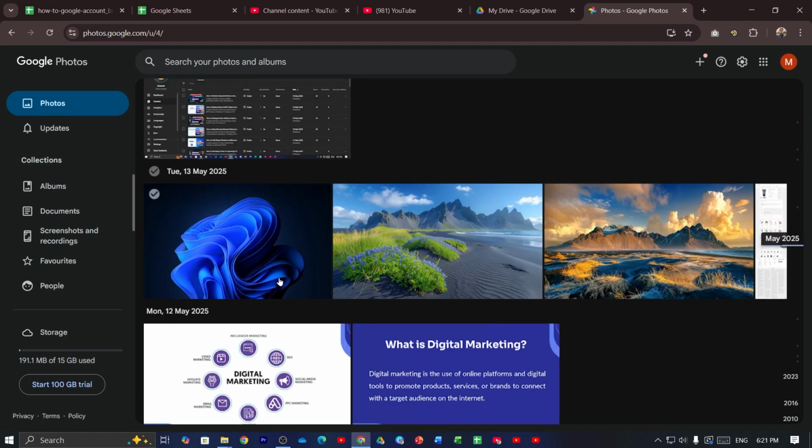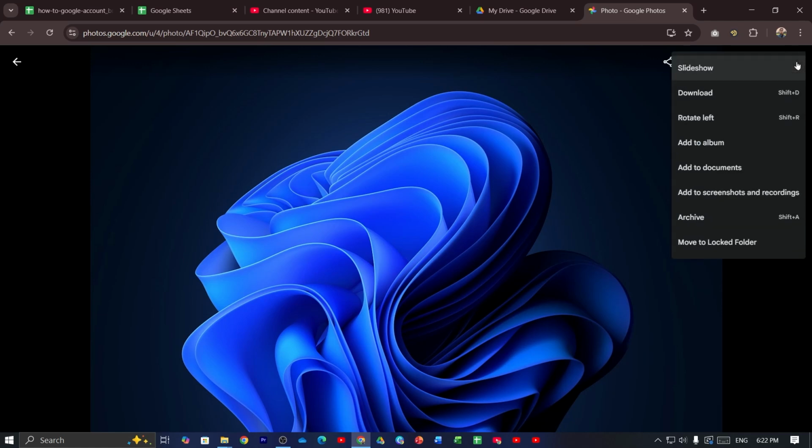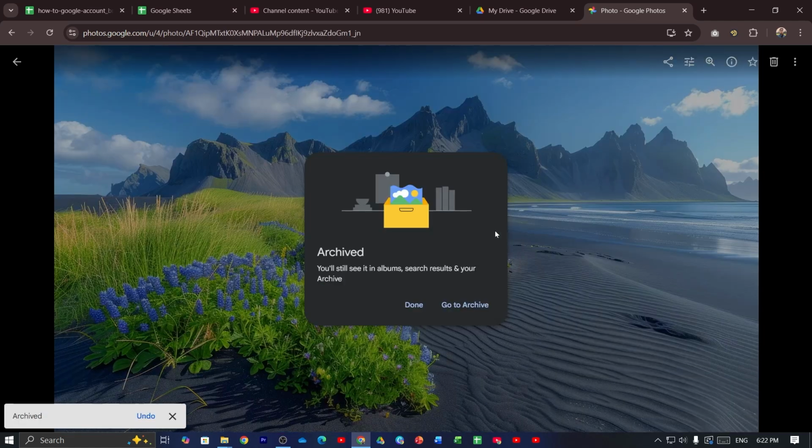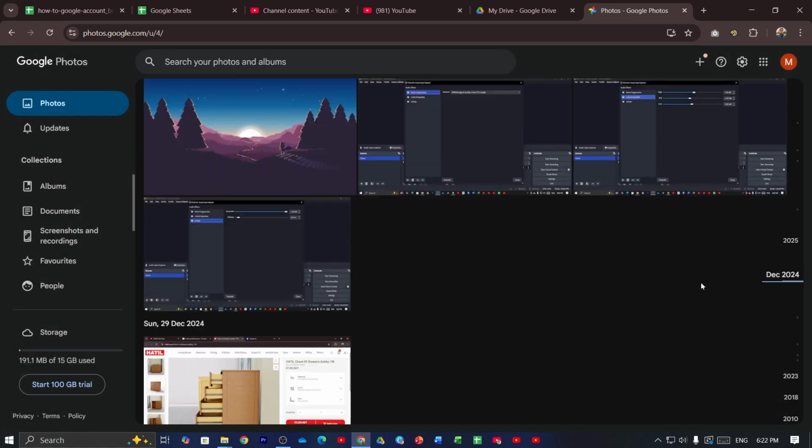Suppose I select the image and then click on three dots at the top right corner of your screen, then click on the archive option. And it's done. Just click on done and then go back, and you can see the image has been moved